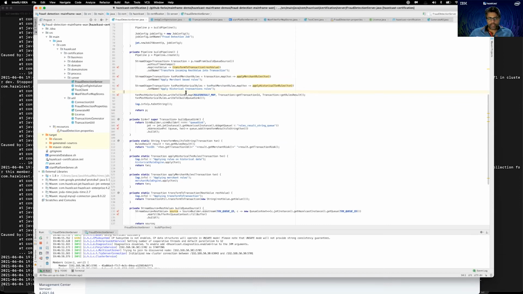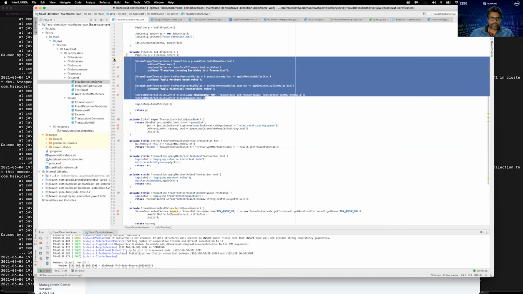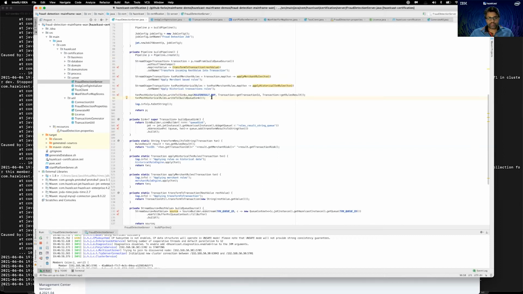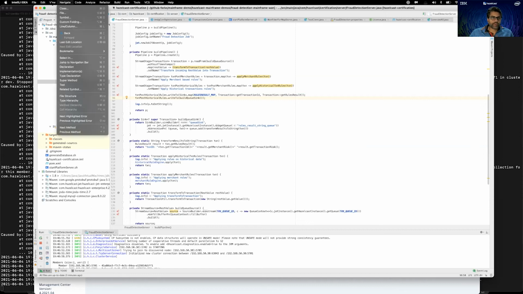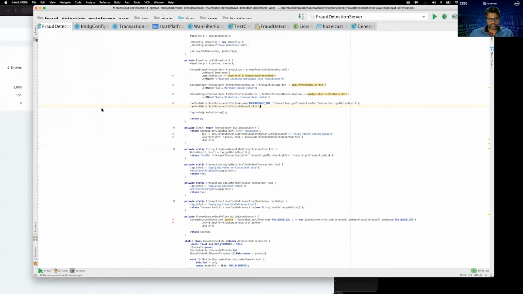So when I started this code, fraud detection server, this Java instance, it basically started a Hazelcast instance, and it loaded my job and started my job straight away, because I'm also creating those stages in my code here in the form of a pipeline. The API is called pipeline. So the pipeline is basically a set of all the instructions, all the different stages that we will be using. And then I submit my pipeline as a job to the cluster. So that bit is already taken care of, already submitted. My job is already running on 2 server nodes.